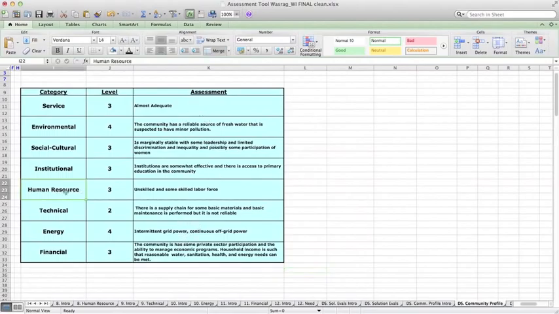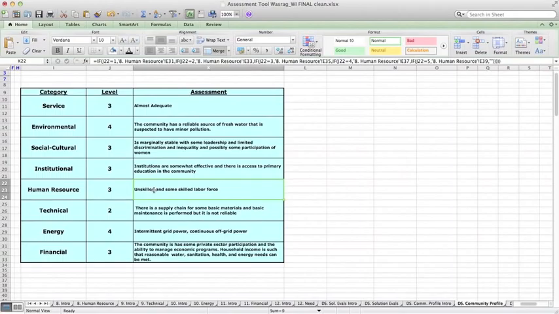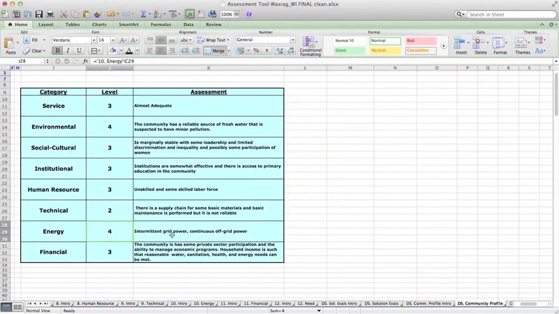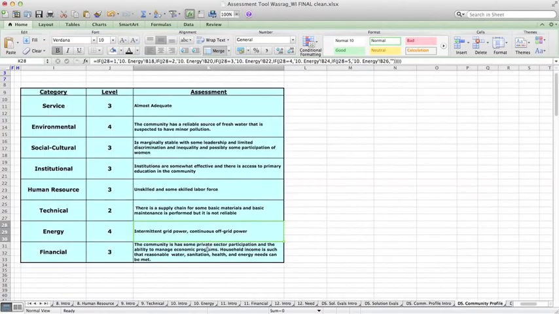For example, the human resource assessment of 3 means they're skilled, unskilled, and some skilled labor force. For 4, energy, you have intermittent grid power and continuous off-grid power. And so you can look through, and this is basically the summary of all of that data that you put in. And these are the numbers that are now assigned as attributes to the community,